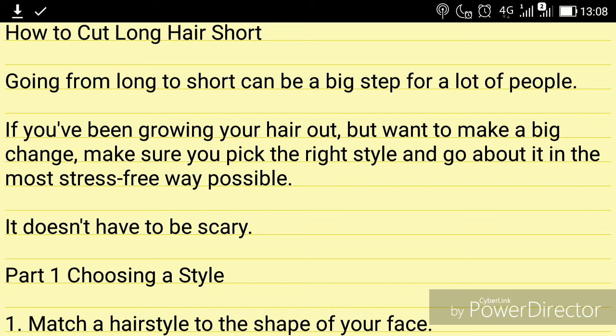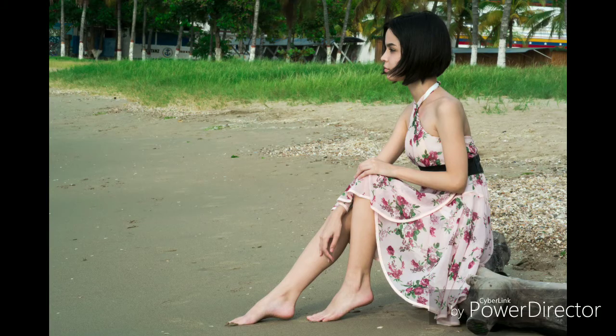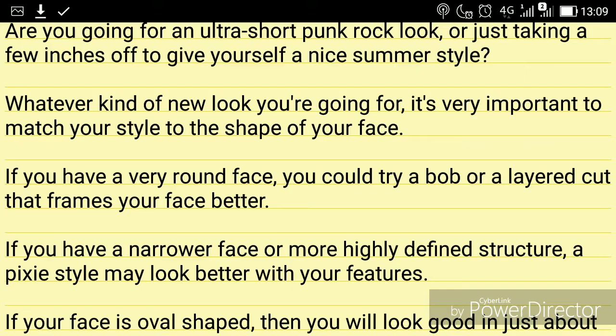Part 1. Choosing a style. 1. Match a hairstyle to the shape of your face. Are you going for an ultra-short punk rock look, or just taking a few inches off to give yourself a nice summer style? Whatever kind of new look you're going for, it's very important to match your style to the